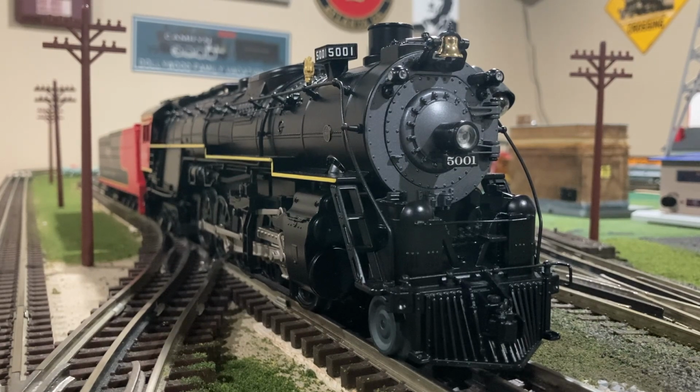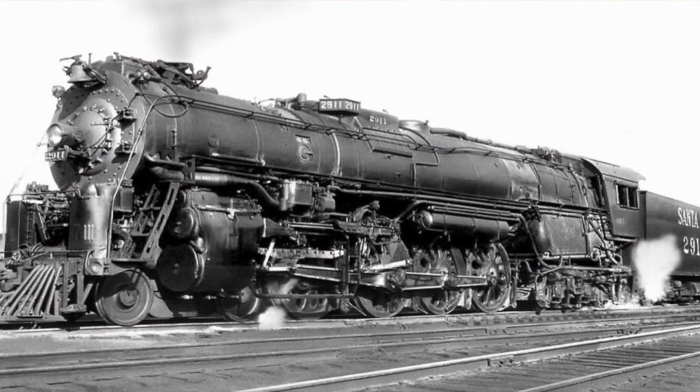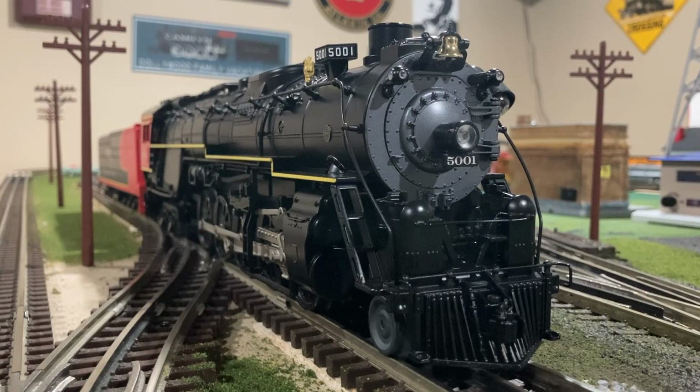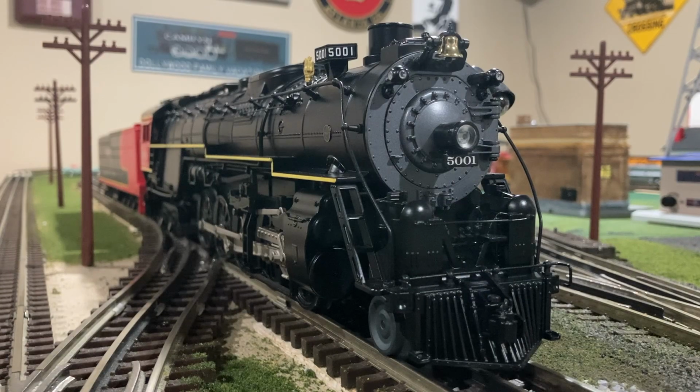In the year 1919, the Santa Fe had never even heard of a 2-10-4 type steam locomotive. It was still considered an unknown and experimental wheel arrangement never put into practice. The biggest locomotives the Santa Fe had at the time were either 4-8-4 Northerns and 2-10-2 Santa Fe type steam locomotives. In 1919, Santa Fe decided, let's switch things up, and on May 29th of 1919,